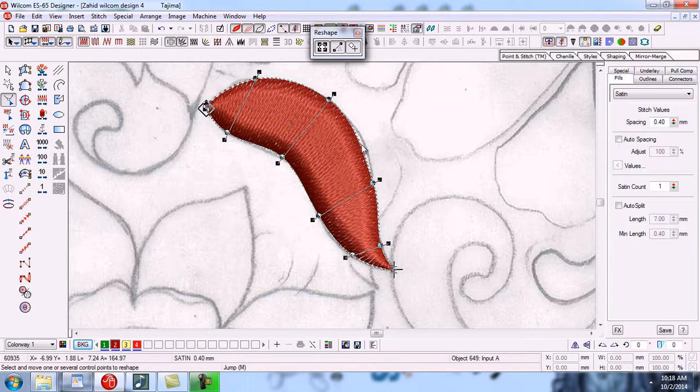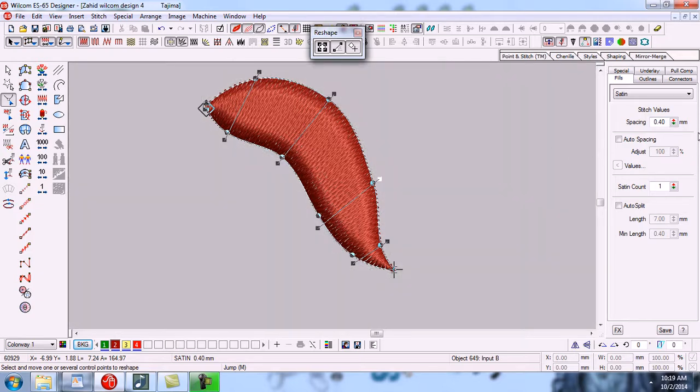Now edit this object and change the angles. There are some other options also, which is spacing.